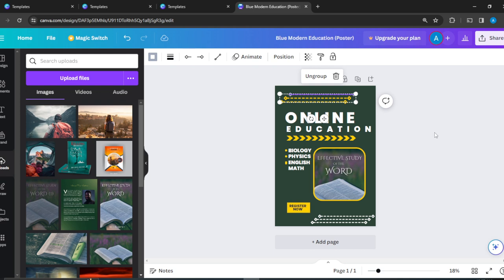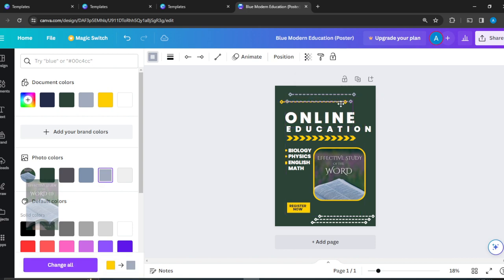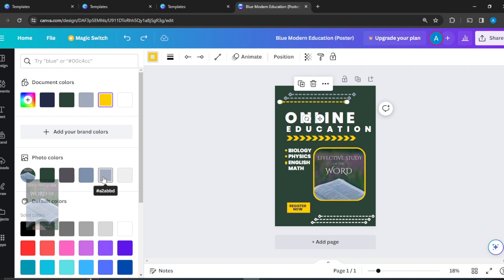All right, so this is another. So I'm gonna have to ungroup, click on ungroup so that I can pick each element for myself. So I click on this second one and change it to that same thing that I used for all. Control Z, just back in position. To undo, you have to click on Control Z, by the way. So this is another one. Click on the third, and